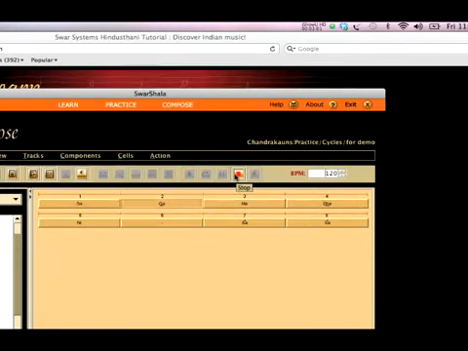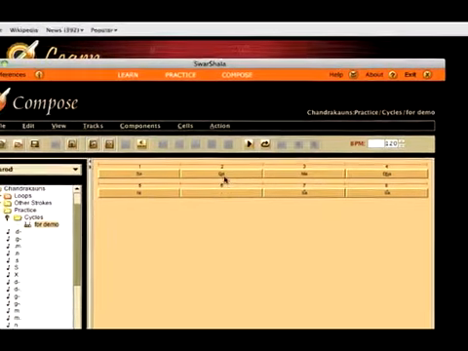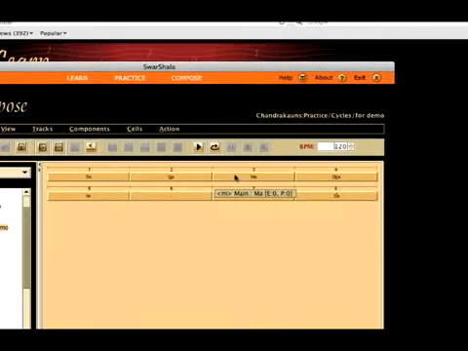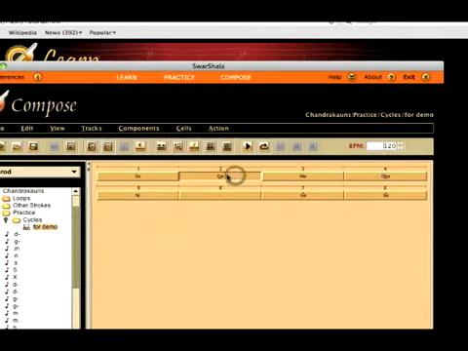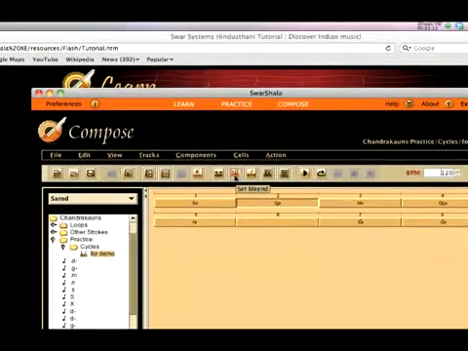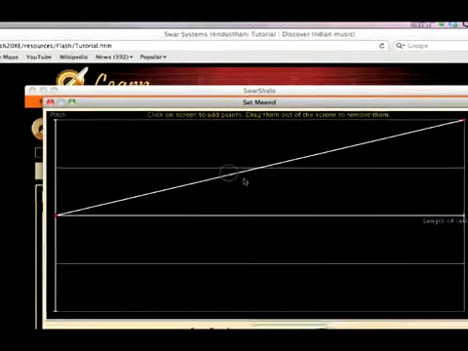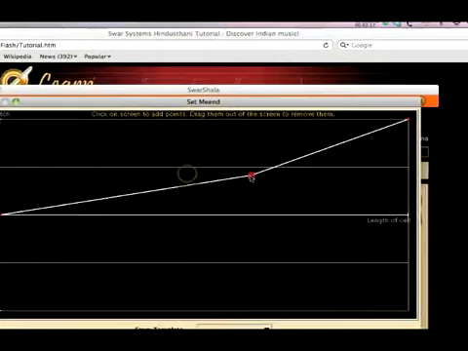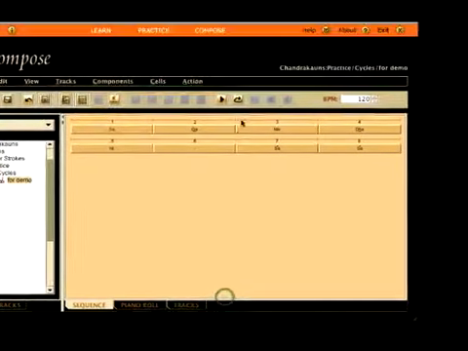This one is fine. We'll try to add a meend from the second note to the third note. For that, I'll click on the second cell and I'll choose this set meend function. Now let's play it.